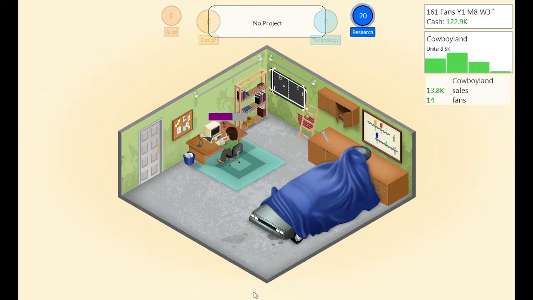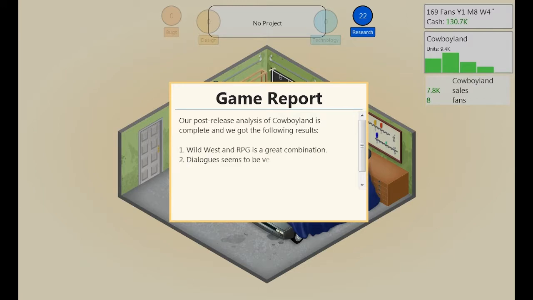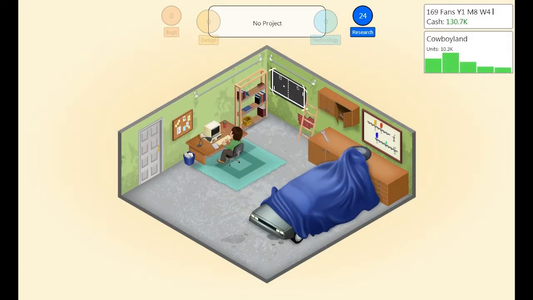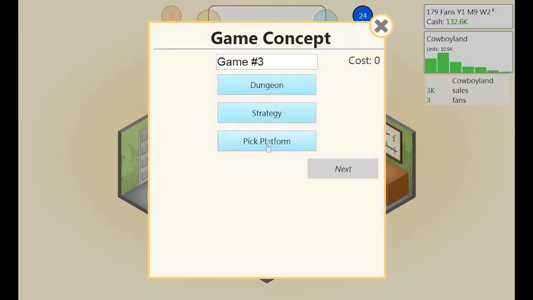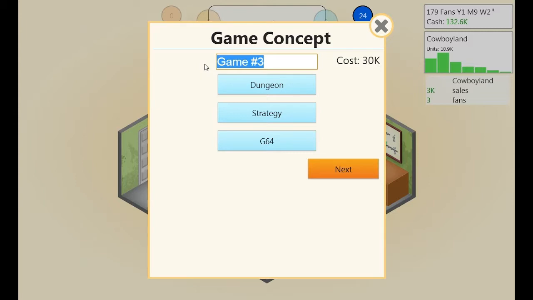So with Dungeon, we can make another game. And I'm thinking we did a sim game already. I would like to maybe do a strategy game. RPGs on the G64 is good. Do you think strategy maybe, or sim for a dungeon game? It's hard to know. Because both are reasonably good options. But no, look, we did sim. We'll do strategy. Dungeon. G64 is still pretty good. And we'll call it...